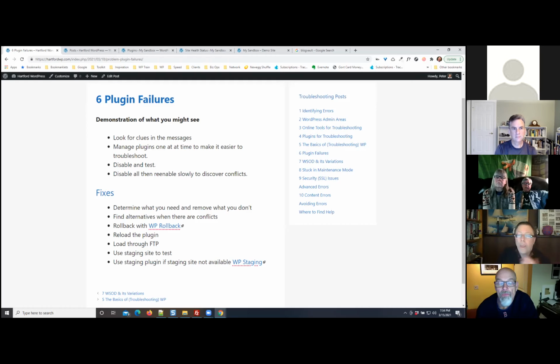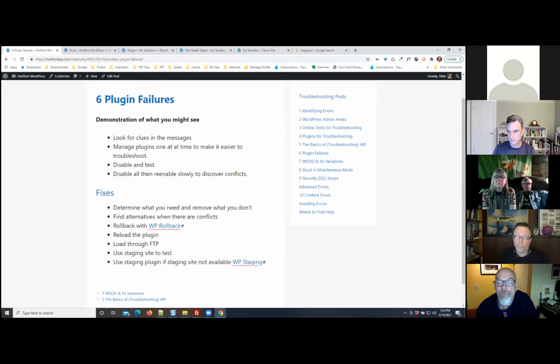Then looking at, okay, well, let me disable that and see that everything else is working except for maybe, in this case, Toolset, was where that problem was. And then, if you can work on that one thing and get things working, sometimes it's just the fixes we'll talk about,